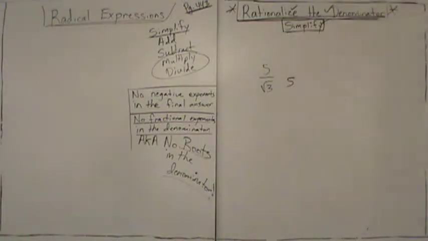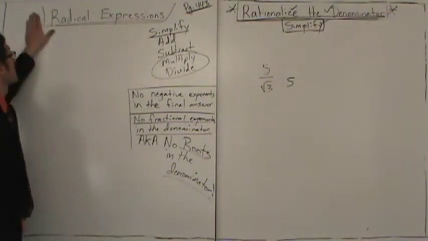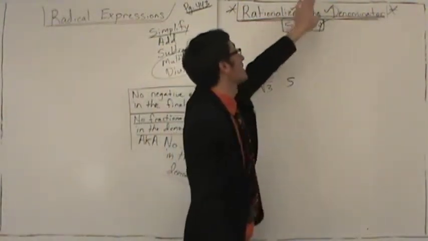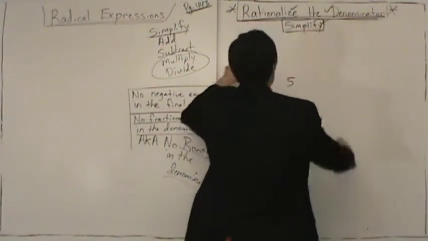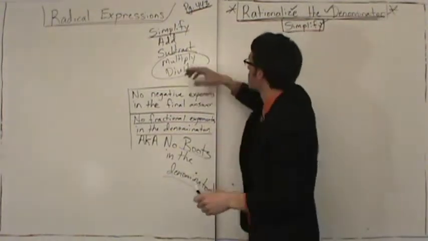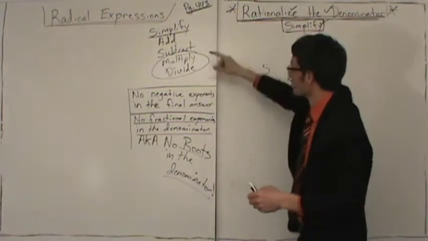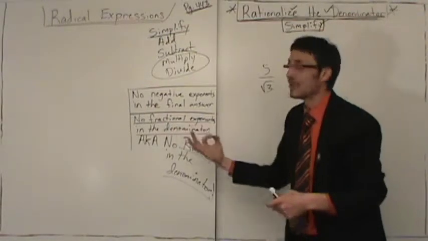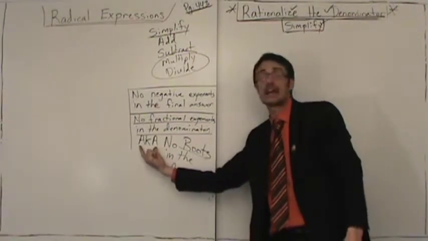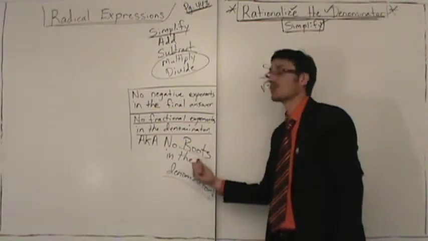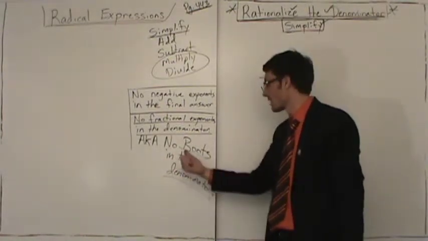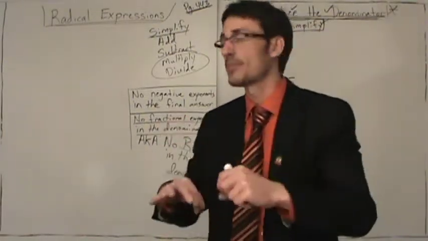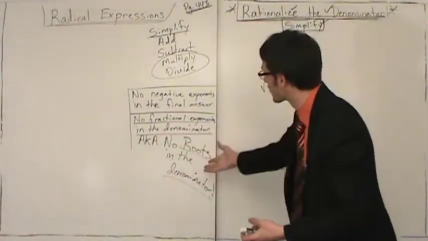Okay, welcome back. This is our fifth lesson on radical expressions, and in this lesson we are going to finish the topic of how to rationalize denominators. Now remember that the word simplify has hidden rules within it, and one of the hidden rules is that we cannot have fractional exponents in the denominator. We think of this as, AKA, no square roots or no cube roots or any roots in the denominator. So we have to get rid of roots that appear in the denominator or get rid of radicals in the